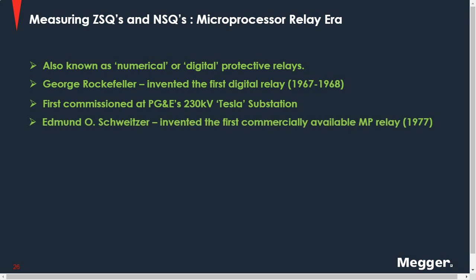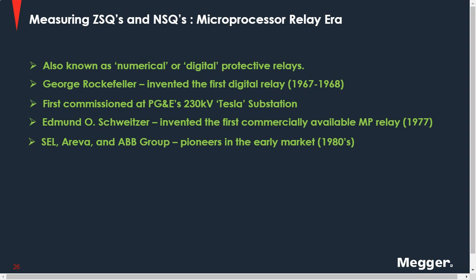And then, of course, we had Edmund O. Schweitzer, who invented the first commercially available microprocessor relay right around 1977, I believe. In the early 80s, companies such as ABB, Areva, and SEL were the early pioneers. They were pioneers in the early market in the early 1980s, and they made huge strides in technology. They all contributed to early advances in